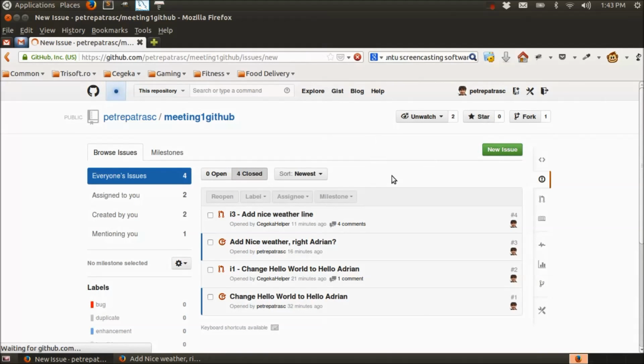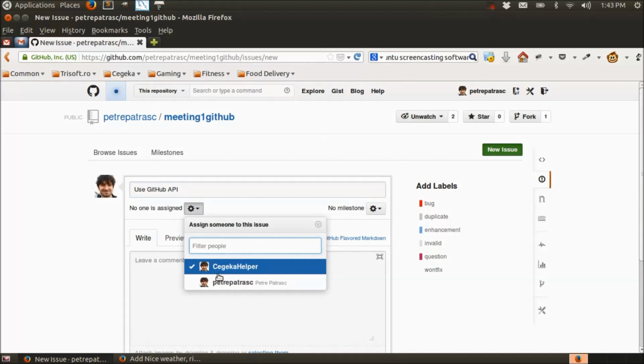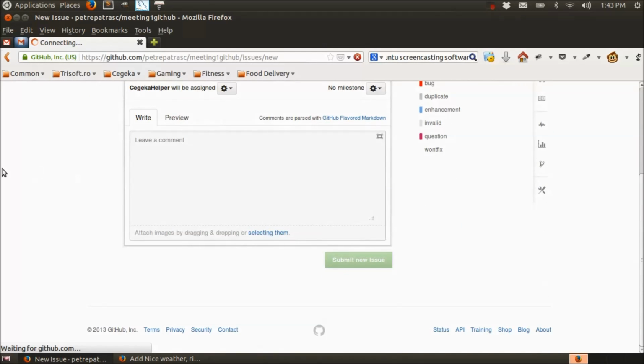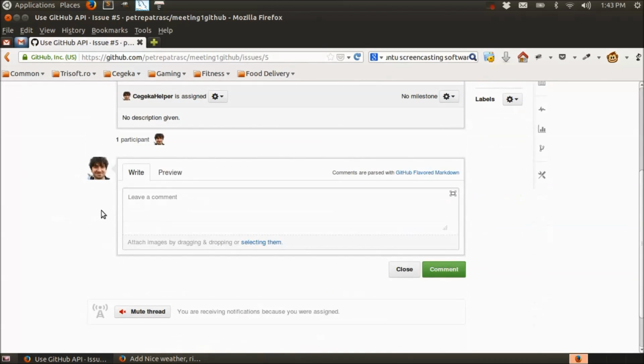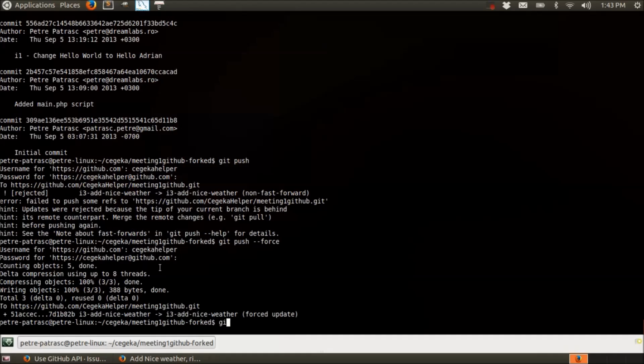We're going to create a new issue, which is just a blank issue. We're not going to develop anything new with it. We're just going to say, use GitHub API. Okay, we're going to assign our Cegeka friend here. Okay, so what we're going to do